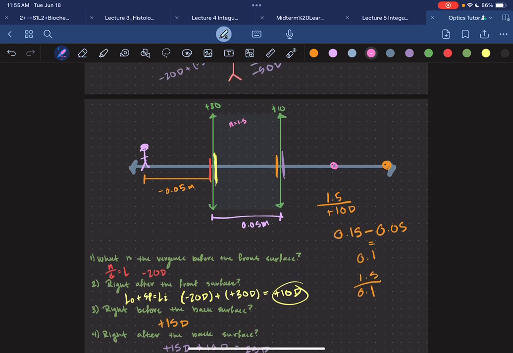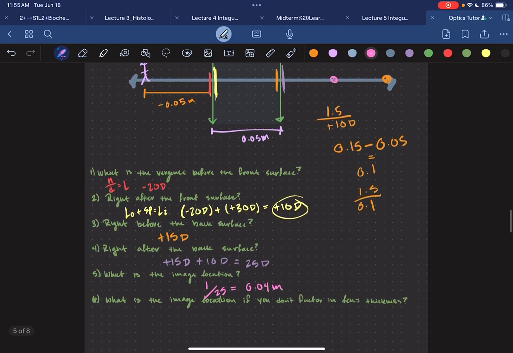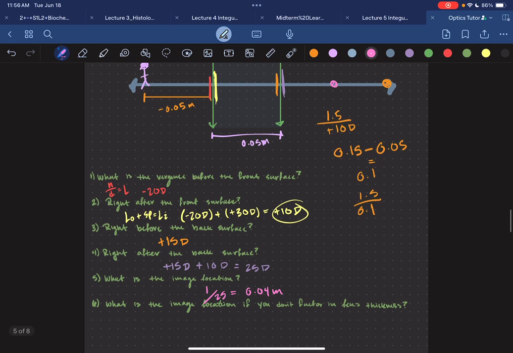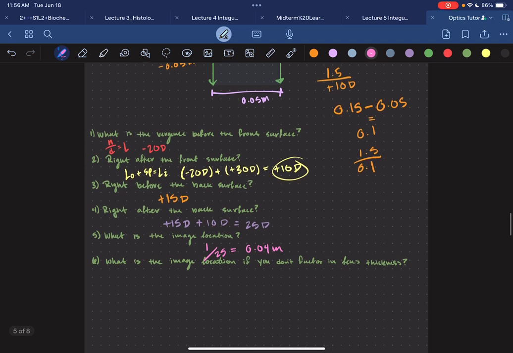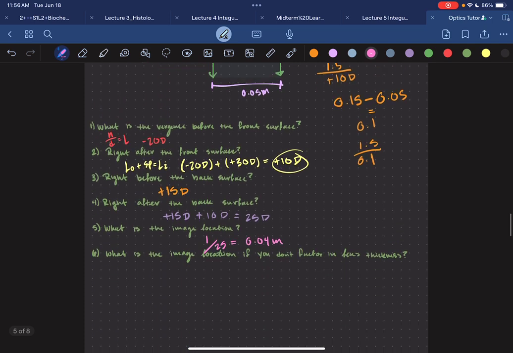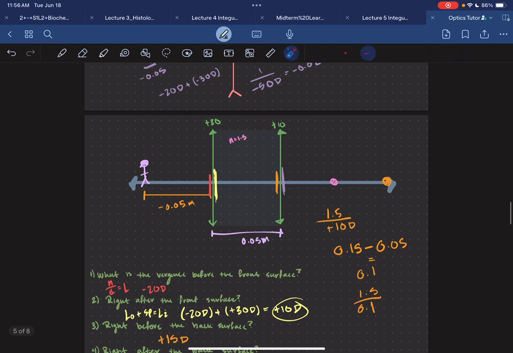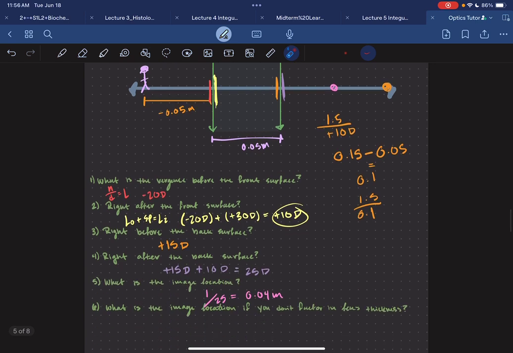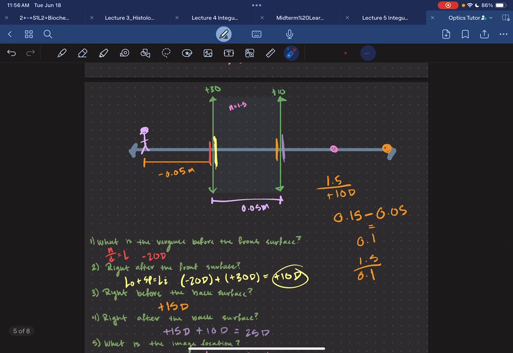So you can work through that. I'm not going to do this last part right now. But basically, if you wanted to find the image location as if it didn't have that thickness, you would just add these two powers together to get the total power of what would be a thin lens, and then find the image location of that. So anyways, that's how you do the thick lens problem. Sorry, I just cruised through it real quick. But anyways,